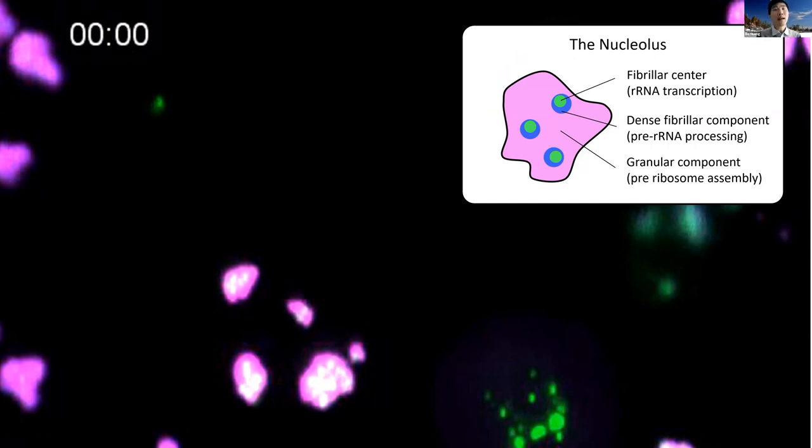That we are imaging the dynamics of nucleolus through the cell division, a three color 3D movie with